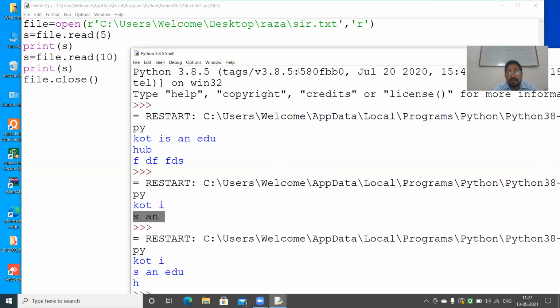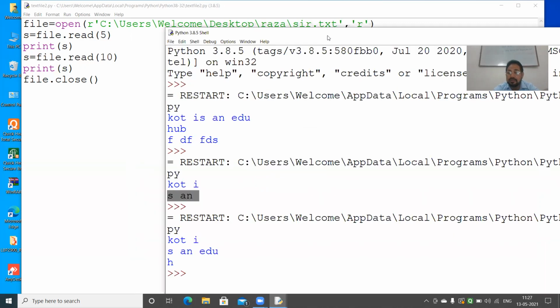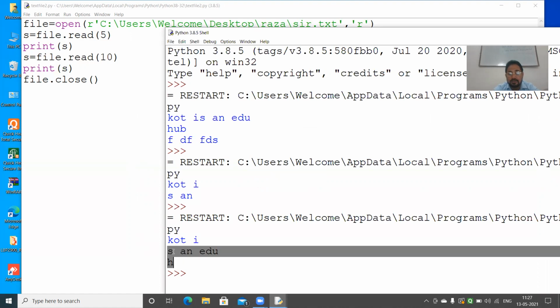First 5 bytes and then 10 bytes. That is the way. Understood? If you read it here, 1, 2, 3, 4, 5, 6, 7, 8, and one space here, 9 and 10. Here one space is there and 10. So that is the way. I think n bytes reading and byte is clear to you.